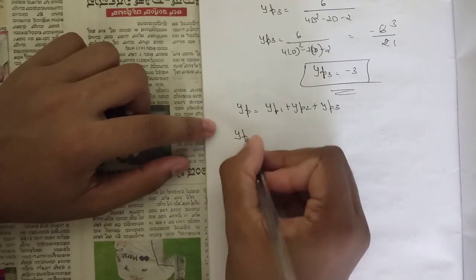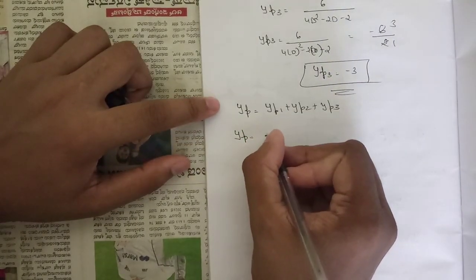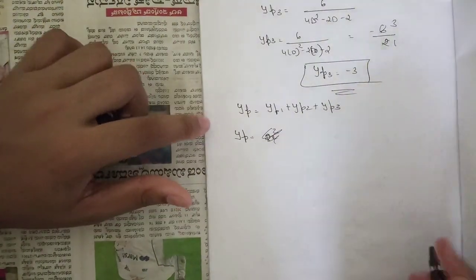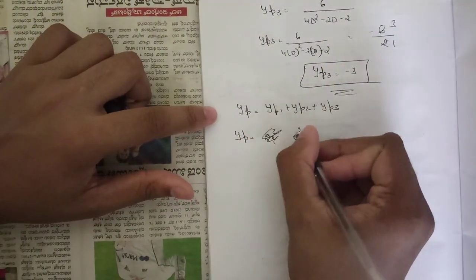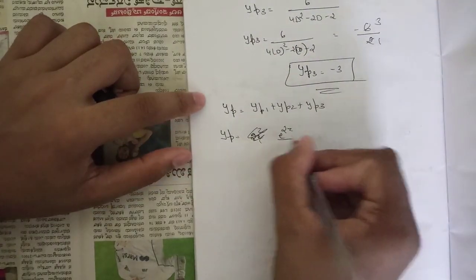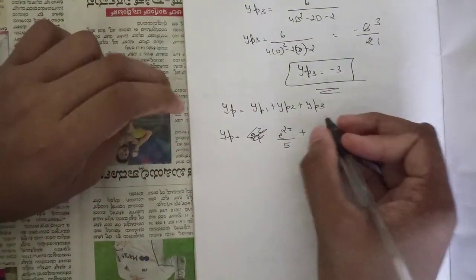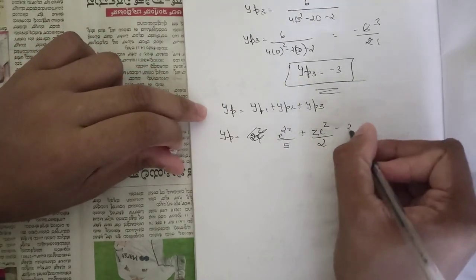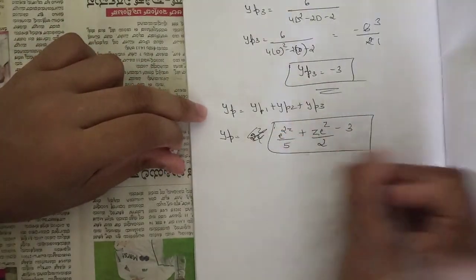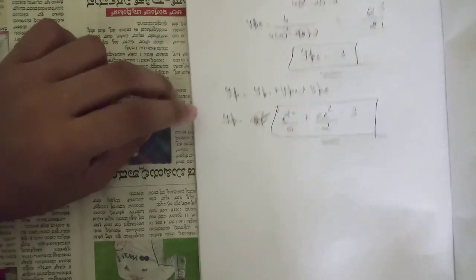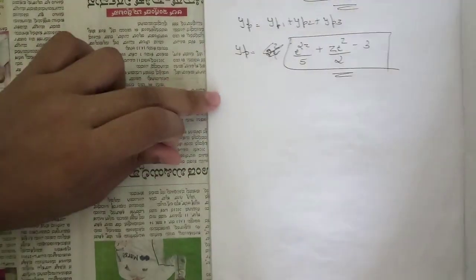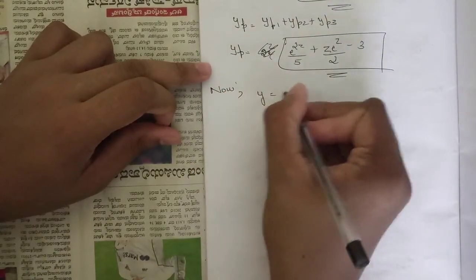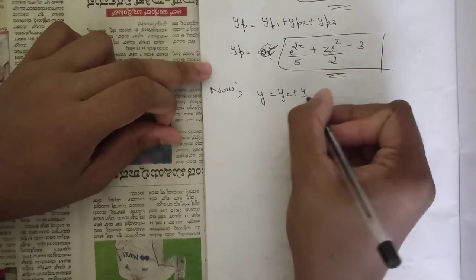So we got our yp1 as 2 e power z, yp1 we got it as e power 2z by 5 plus yp2 we got it as z e power z by 2 minus 3. So this is the required particular integral. Okay, so now we'll write our y term, that is yc plus yp,